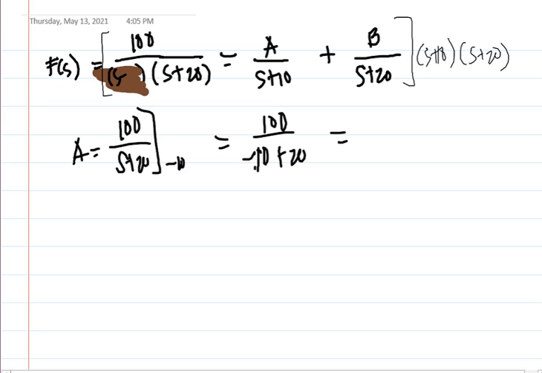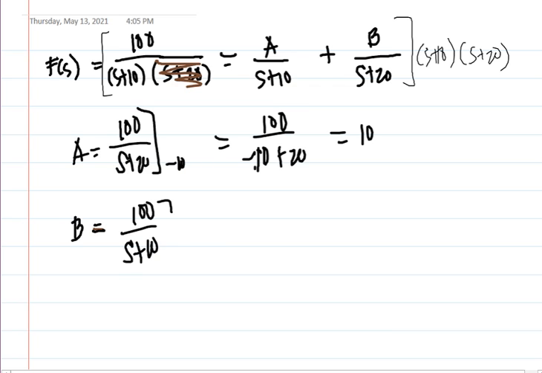So, my A is equal to 100 all over 10, so that is equal to 10. Same with your letter B. But this time, what I will cover is this one, so I cover the s plus 20. So what remains in my equation will be equal to 100 all over s plus 10, where we will substitute